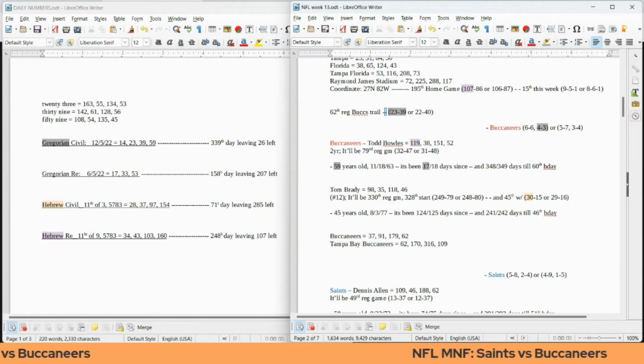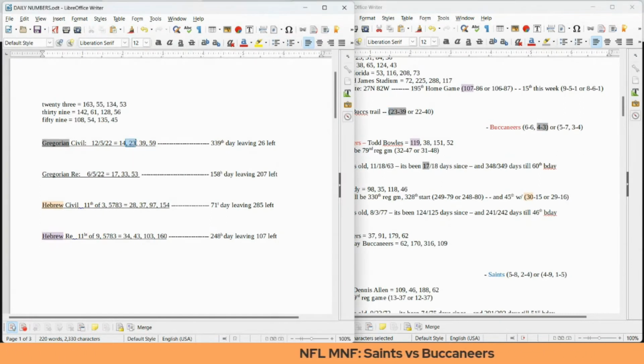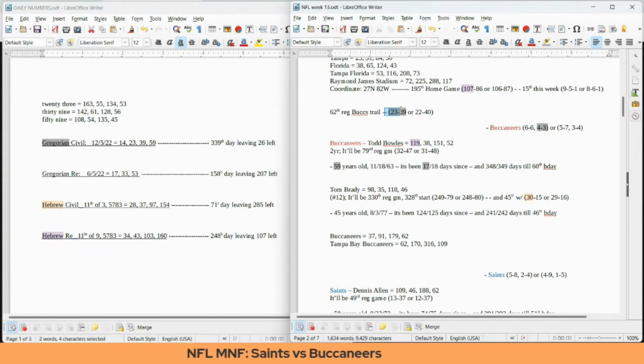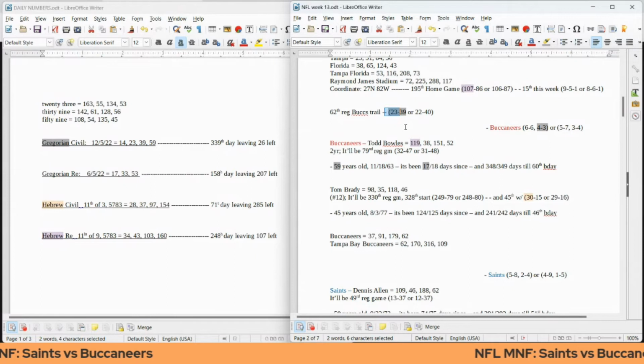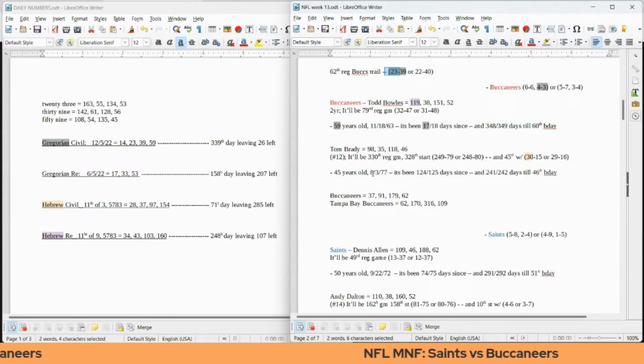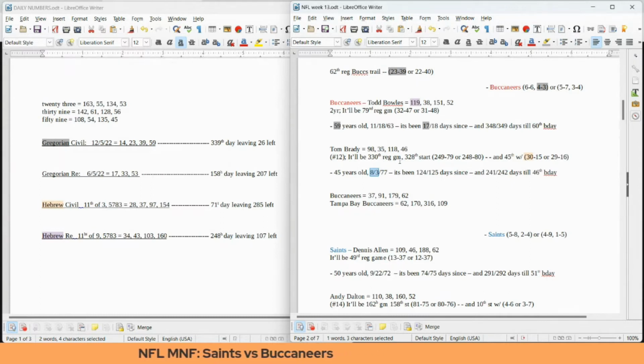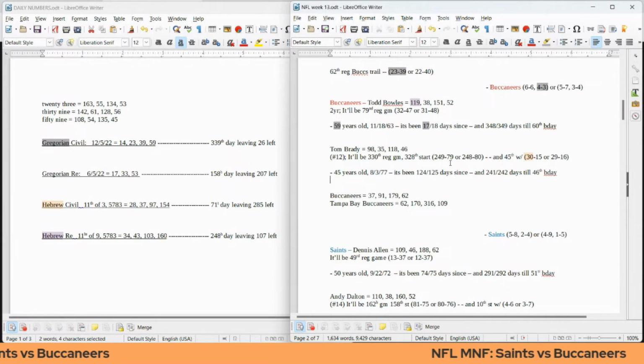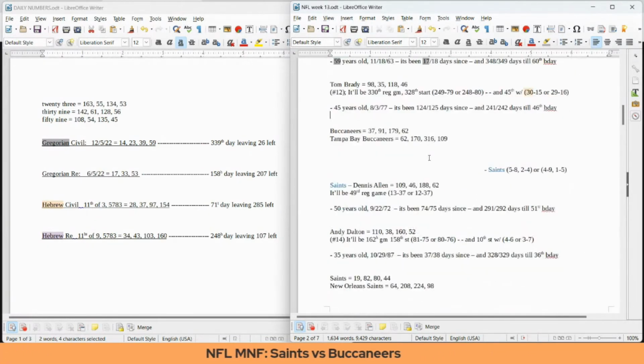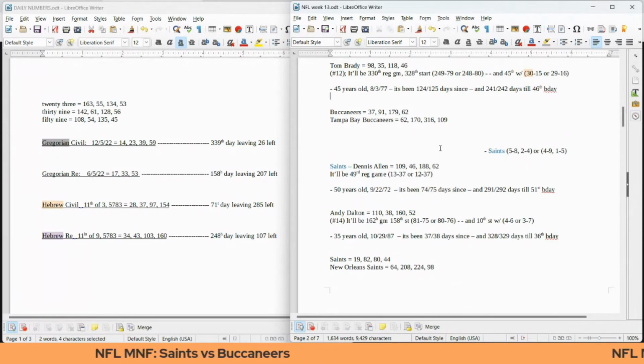Also, to go with the 23, it being 23 date numerology on the Gregorian, Buccaneers can get their 23rd win regular season head-to-head against the Saints. Tom Brady, his birthday is August the 3rd, 8/3 or 83, the 23rd prime number. Oh, my background light just went out. Oh, well. What else?